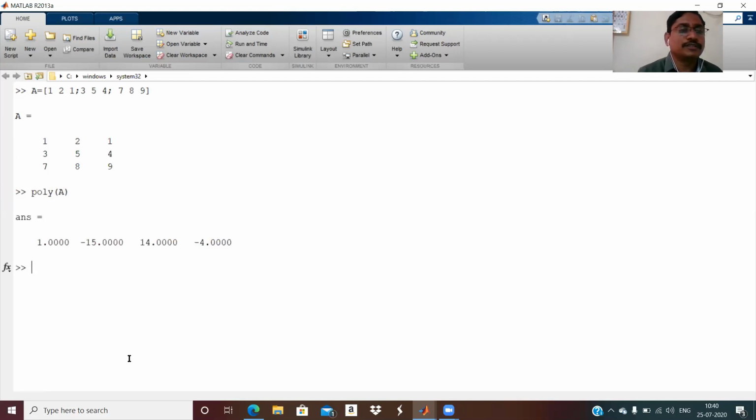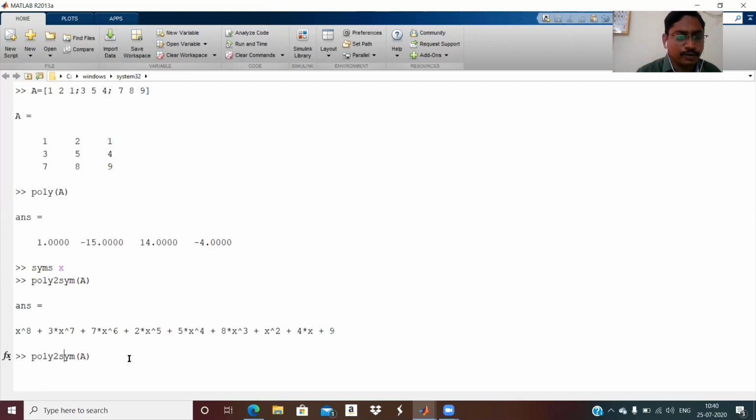Okay, degree polynomials gives 4 coefficients. Some errors are coming here.